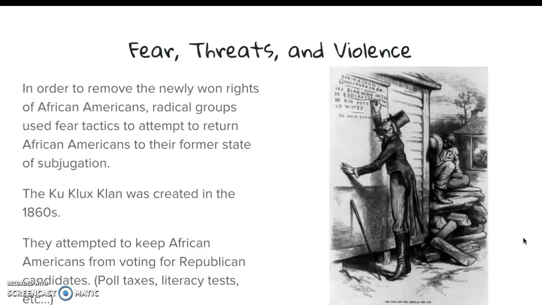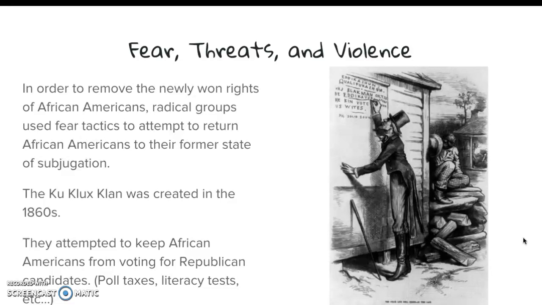Remember when we talked about sharecropping? It was hard at this time for African Americans, who most of the time were sharecroppers, to make any sort of profit. So in order to vote, they had to pay this special tax, which African Americans didn't really have at the time. Also required them to pass literacy tests, which, if you do recall, slaves up to this point